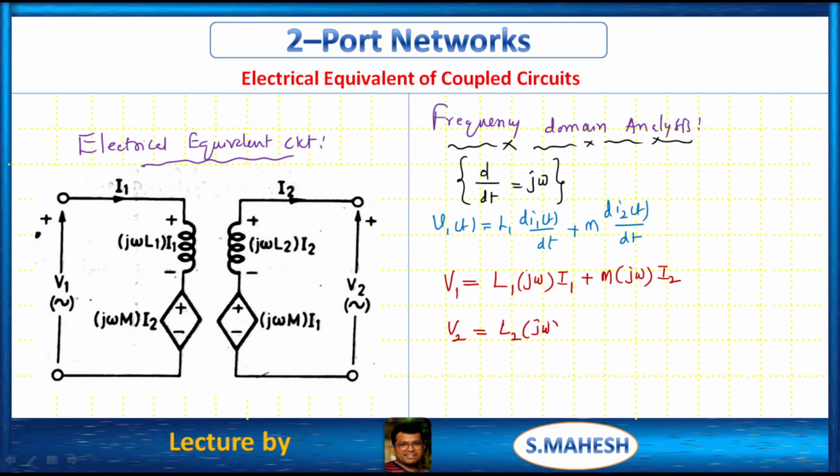L2 j omega I1, sorry, L2 j omega I2, right? The current through this loop 2. Like that, M into j omega, the current through loop 1. That's it. This is about the loop equations from time domain analysis as well as frequency domain analysis,